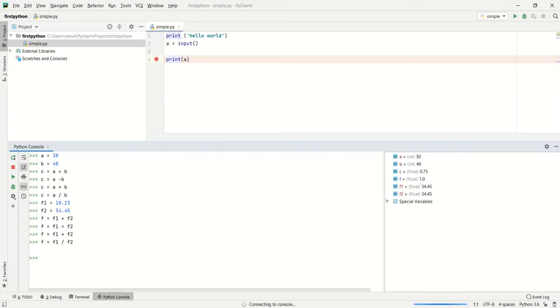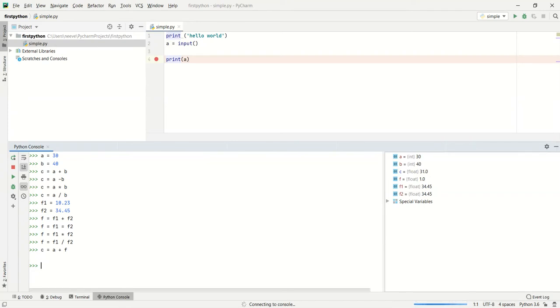And if I add an integer variable a and a floating variable f, then the output variable will also be a floating point variable. Here c is a floating point variable, where a is 30 and f is 1, then the output is 31.0.